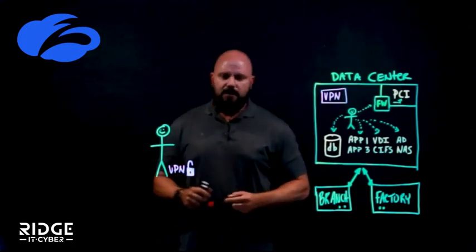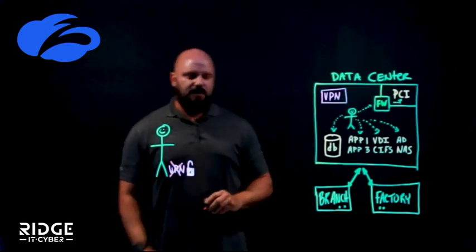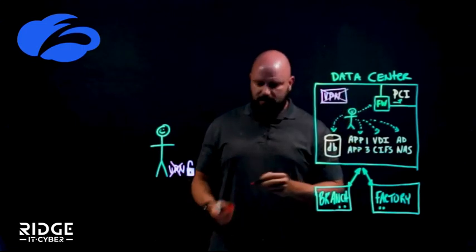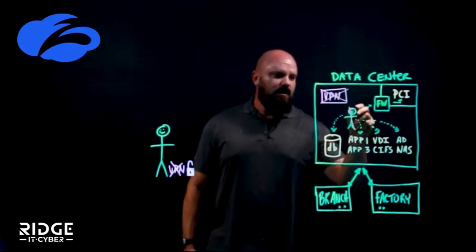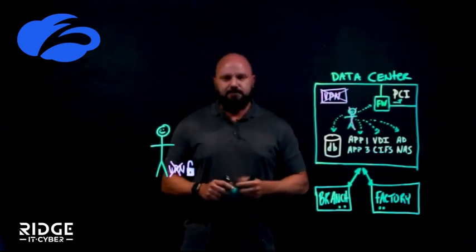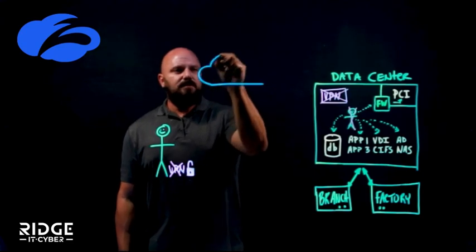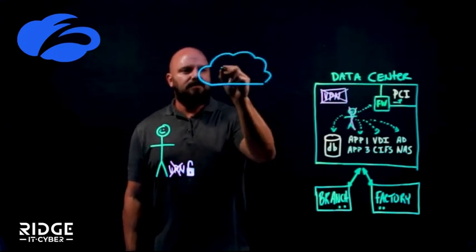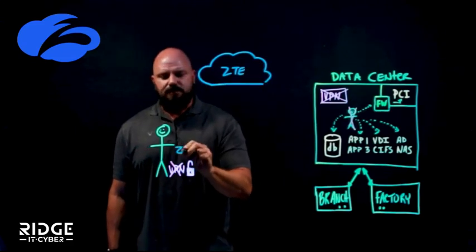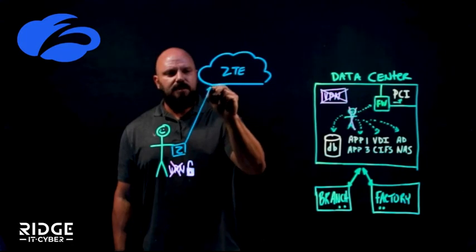So number one, friends don't let friends deploy VPNs. Said it once, I'll say it again. They are insecure. Get rid of the concentrator entirely. Let's take this user off the network because putting users on the network is yucky. And the way that we accomplish Zero Trust is with the Zscaler Cloud, or the Zero Trust Exchange. We have an agent. The sole goal of this agent is to send traffic to the Zscaler Cloud.